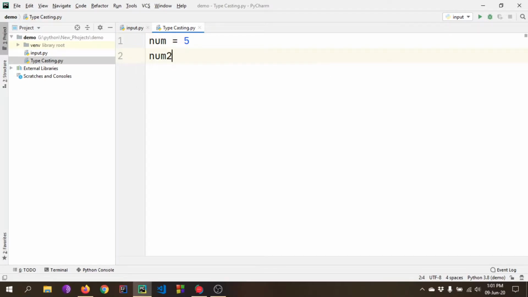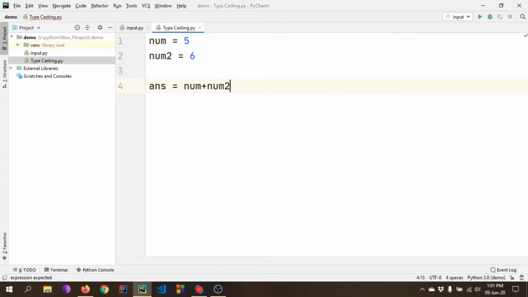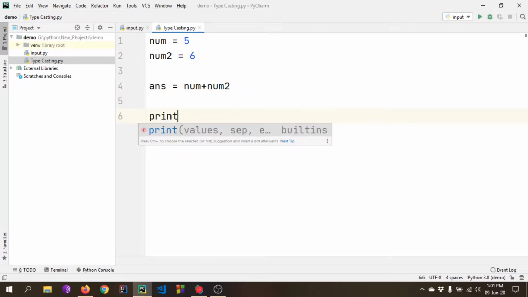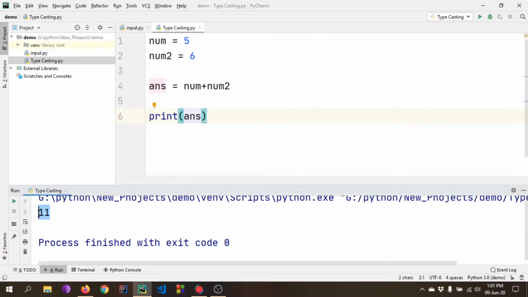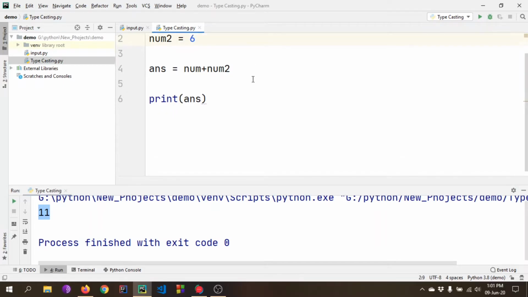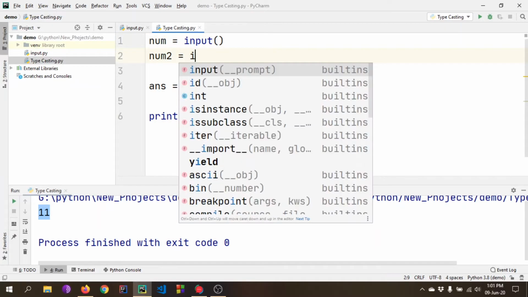and num2 consisting 6, and answer variable is num1 plus num2. And if we print answer and run this, we can see we have 11 here. 5 plus 6 is 11, but if we take input here from user, we use input function,